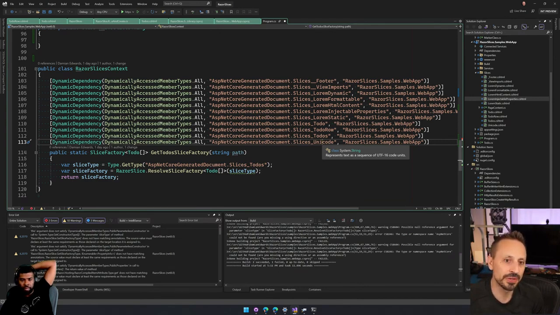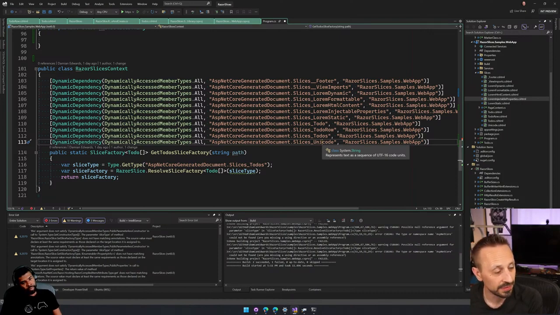But for hot reload, it's the same problem though, because hot reload can add types. So you could add a new CSHTML file, and then I need to add a new one to that thing. So I guess then your source gen reruns? It will be rerun, right? And so not only will that slice type be new, but the generated code will be changed, right? So that type will get updated as part of the hot reload patch as well. And then I would need to